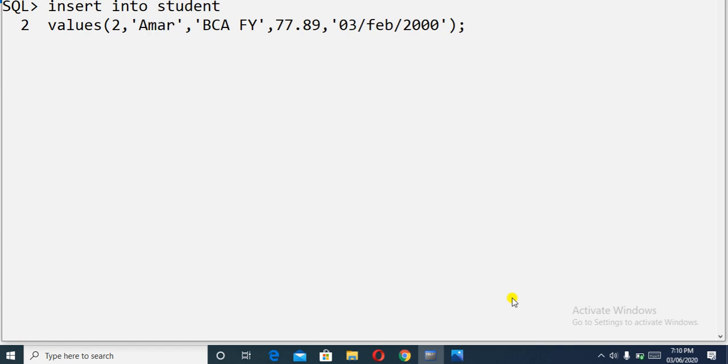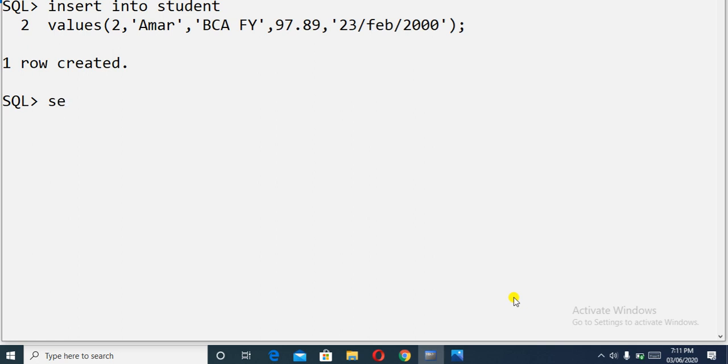Suppose Amar is the name, class is same, percentage, suppose 97 there, and date of birth, suppose 23 February 2000. One row is created.